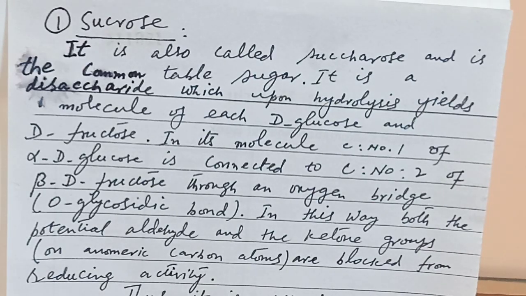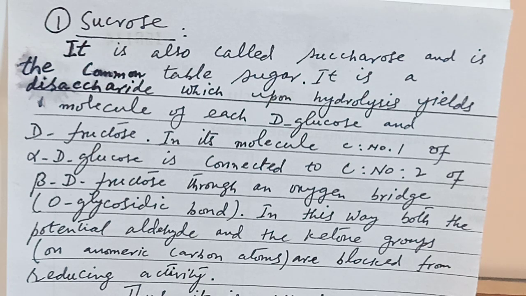Students, before starting the reactions of monosaccharides, I will complete the remaining topic regarding the disaccharide sugars. In the previous lecture, I completed the detailed study of maltose sugar. Now today I am starting the sucrose sugar, its components, how it is formed, and what are the chemical salient features which are present in this sugar. So first of all, the sucrose.